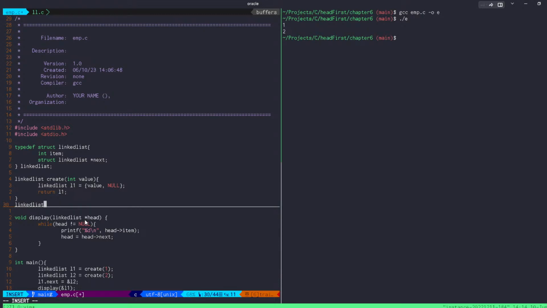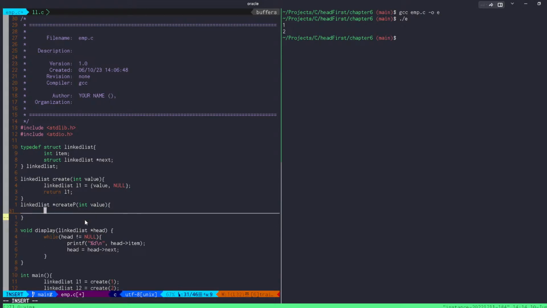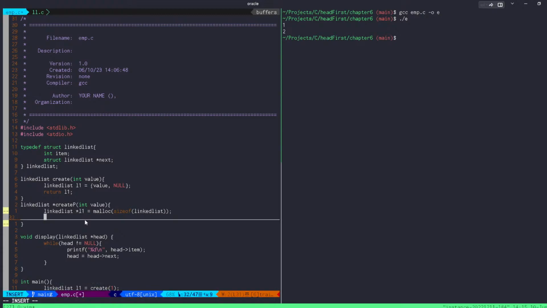We can write a function which will return a pointer to a linked list, create p, and it will also take the value. The difference would be here now. We will create a linked list pointer L1 equal to a call to malloc, and we will tell it the size of the linked list structure. It will create dynamic memory in the heap. Now we can directly access the value: L1 item equal to value,